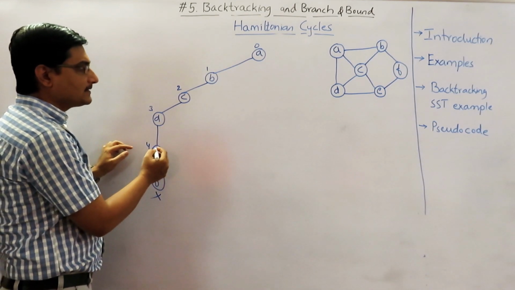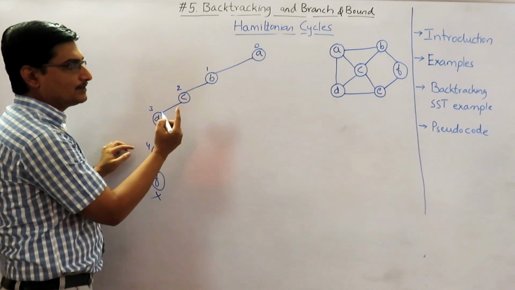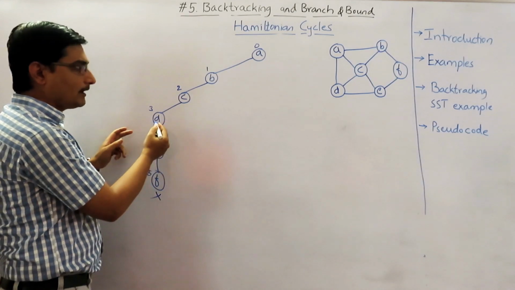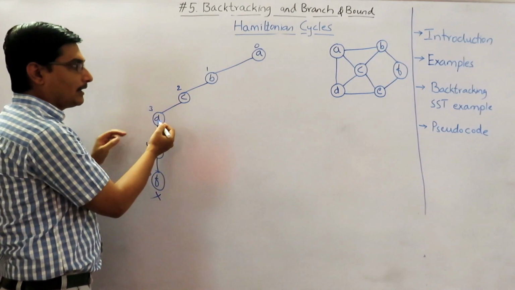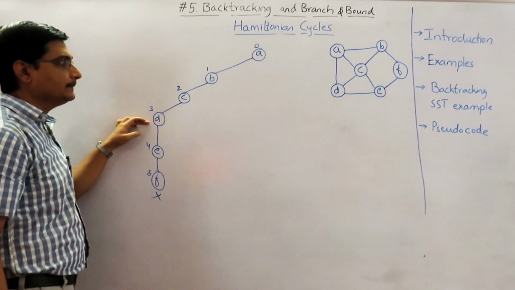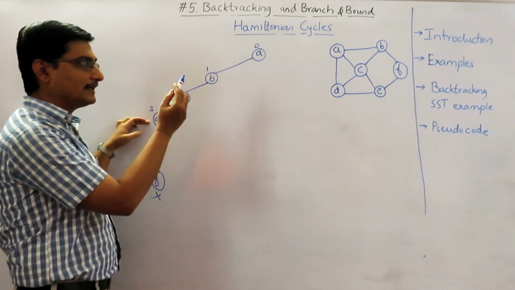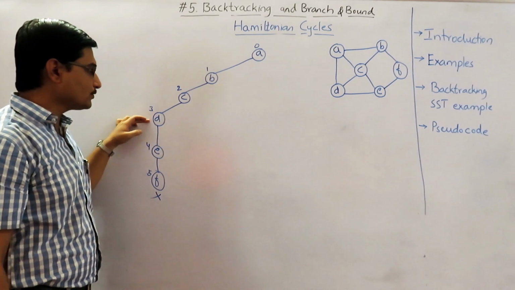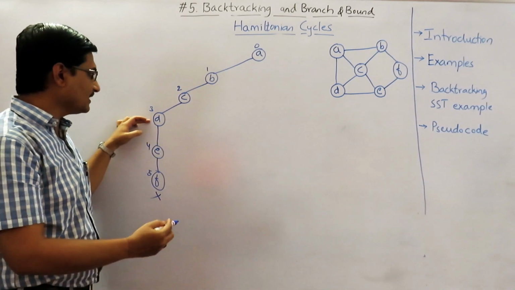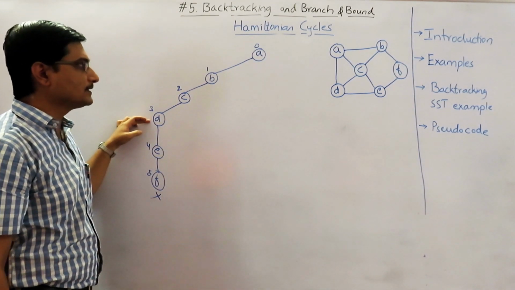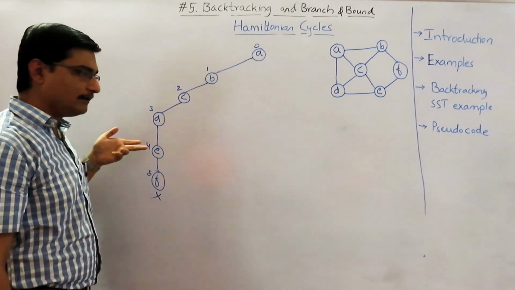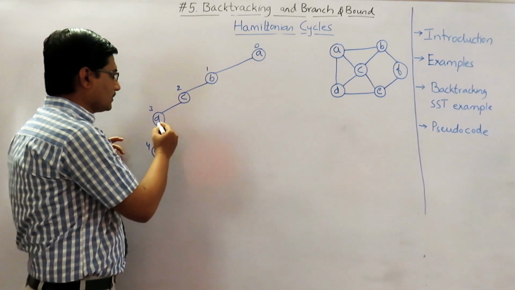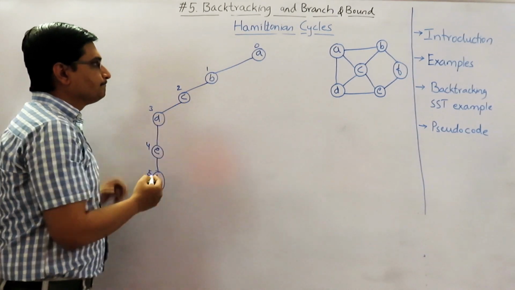So from E, is there any other path? One is to C and another one to D, already visited. Another is F, which will give us the dead end. So coming back to D, we will backtrack to D. From D there is an edge to the starting vertex, but we cannot go for that because other vertices still remain to be visited. Another one is C, which is already visited. E, we have tried it, it will not work. So we are coming back to C.